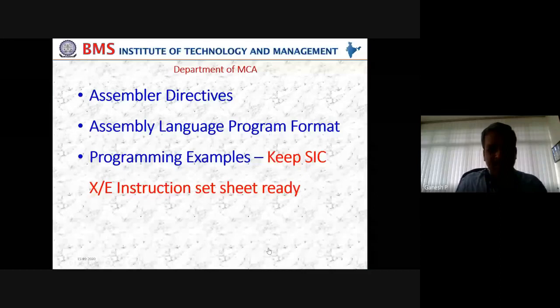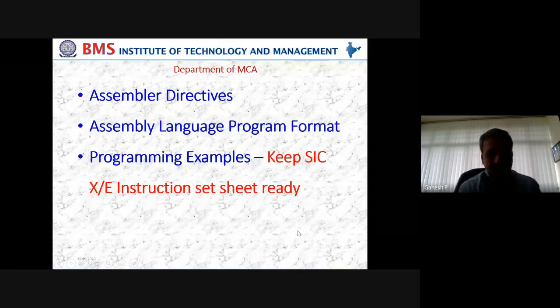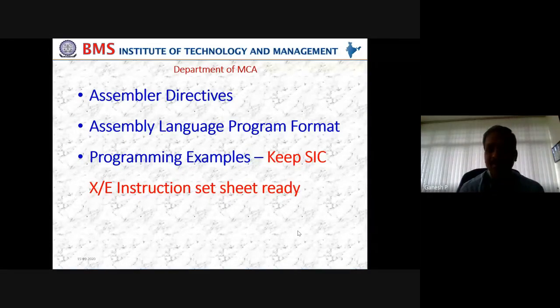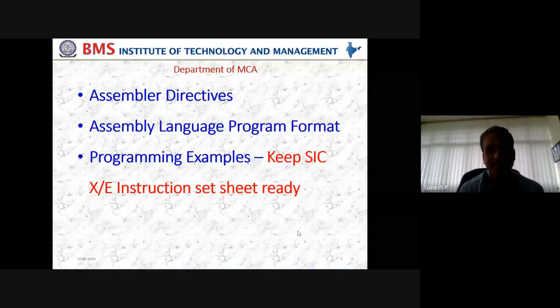So this is what we have seen in the previous class, the list of assembler directives. We have seen 4 directives of assembler: one is RESB, one is RESW, one is BYTE, one is WORD. And we know that BYTE and WORD are for the constants. Maybe a character constant, it is a byte. If it is an integer constant, it is a word. And RESB and RESW, as the name says reserve, we are going to create a variable.